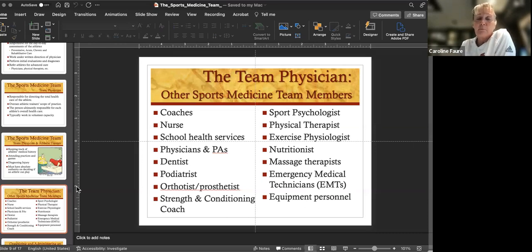And I have to point out that information that you give them typically should be HIPAA compliant, which means HIPAA is like FERPA in the schools. It protects that medical information. So make sure that you're getting the okay from your athlete's parents to share that information. And the best way to do that is through the pre-participation physical exam, to have the parents sign off on you being able to give that information out.